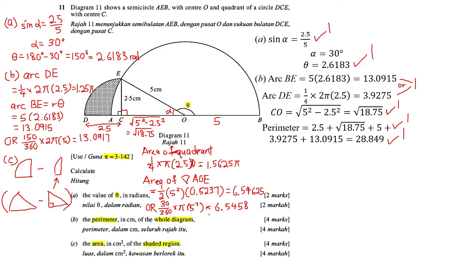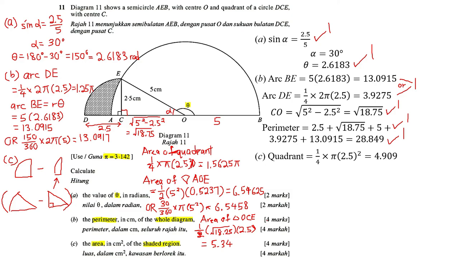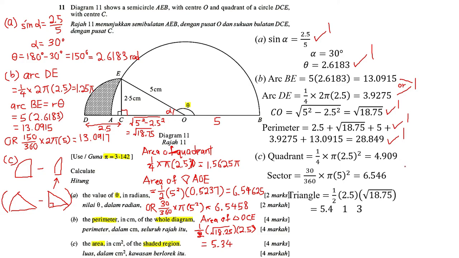Okay, lastly, we find the area of right angle triangle OCE. 1 over 2 times the base, which is square root of 18.75, and then we times the height, which is 2.5, and we get 5.3400. So to write the working, firstly, we find the area of the quadrant. Then after that, we find the area of the sector, and we find the area of triangle. We use the quadrant minus the sector minus triangle to get the small white region, and your final answer is